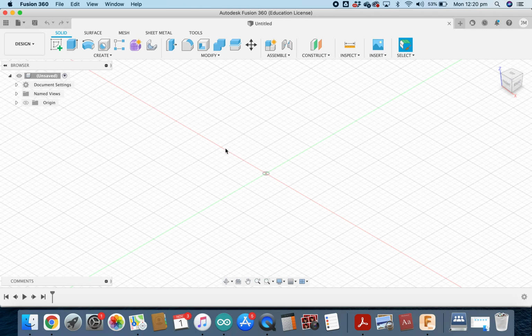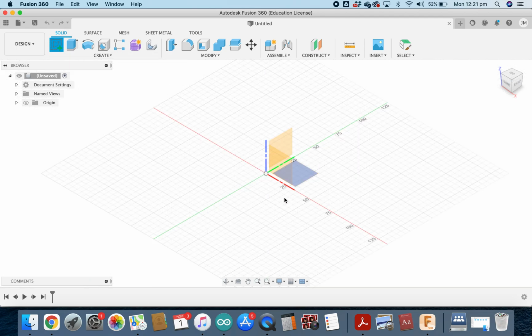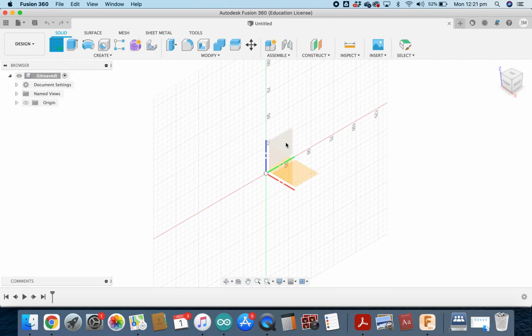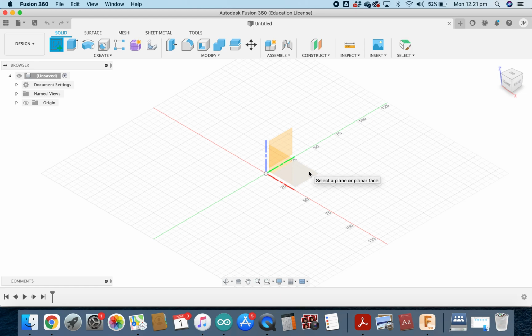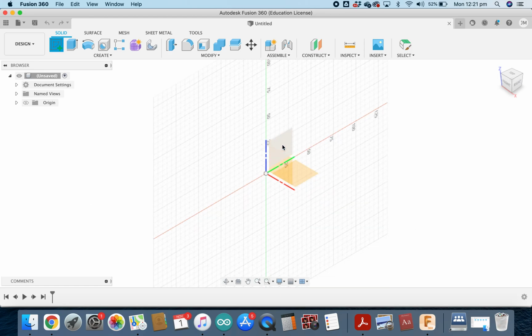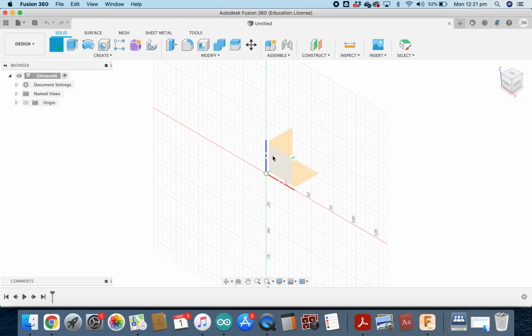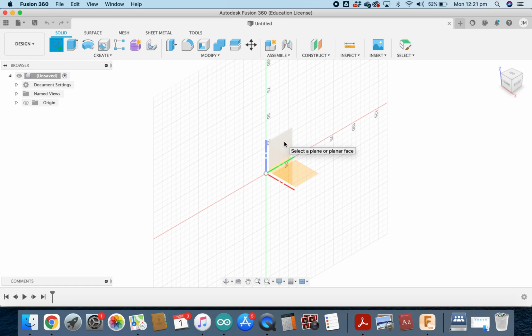The first thing you want to know about Fusion 360 is it's basically making 2D shapes. So you'll do 2D sketches, they're called, completing a sketch on a 2D surface, and then you will extrude those surfaces to make them three-dimensional. For most projects, you're going to start with a sketch, and the sketch tool is this one in the top left-hand corner with the little green plus sign. Clicking on that sketch tool, it's going to throw up your X, Y, and Z axes. So we're working on a three-dimensional plane, and the first sketch that we're going to complete today is going to be on this Y axis, between the blue and the green planes. So clicking on that axis,